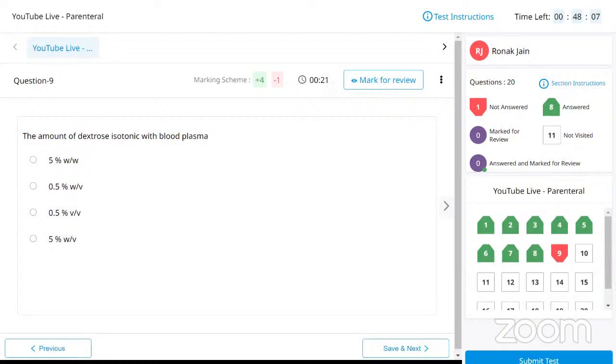So firstly we need to remember that whatever parenterals we inject, or whatever we give directly into the body, it should be isotonic. I hope you all know isotonicity. Isotonicity is one topic or is a thing where